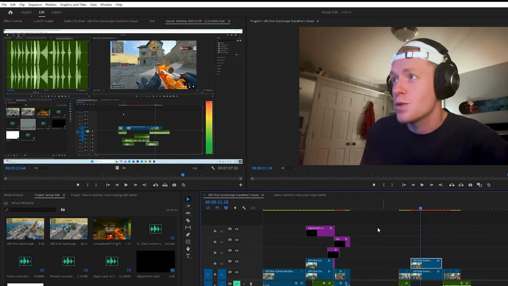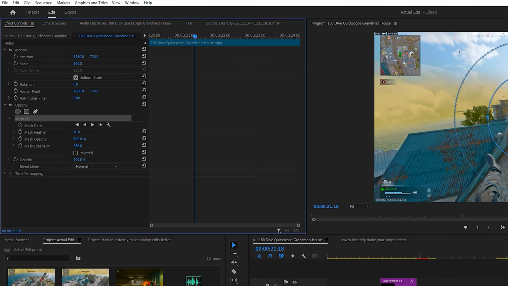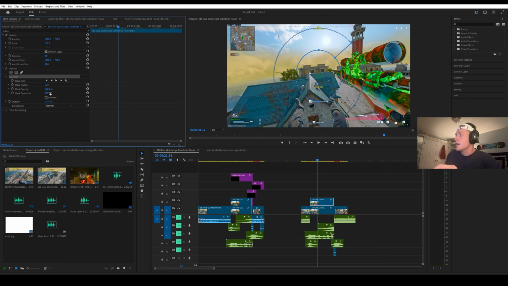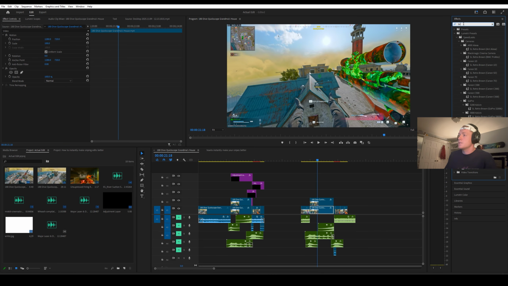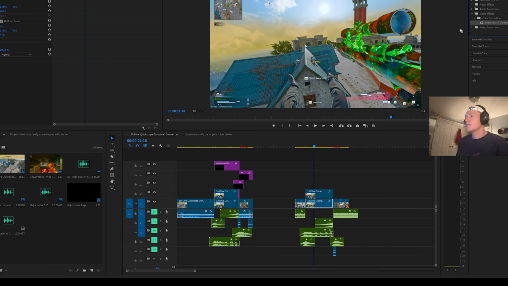And keep in mind, we're working on the top clip here. Once you find Opacity, you're gonna click the Ellipse Mask tool, and you're gonna make a mask on that top layer. Now, use mask expansion so it fills up a decent majority of the screen, but doesn't quite make it to the edges. Once that's in place, you're now going to navigate to the layer below, our base layer here, and you're going to go up to Effects, type in Brightness and Contrast, and drag Brightness and Contrast onto the